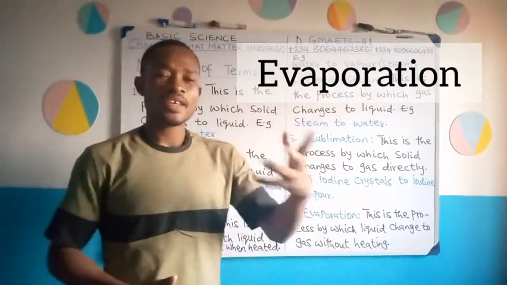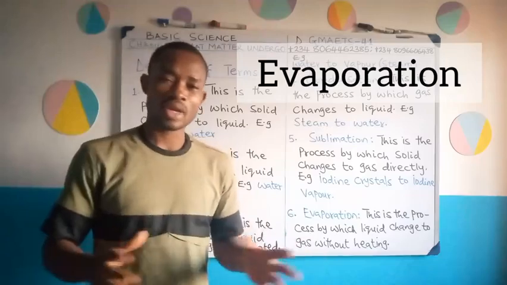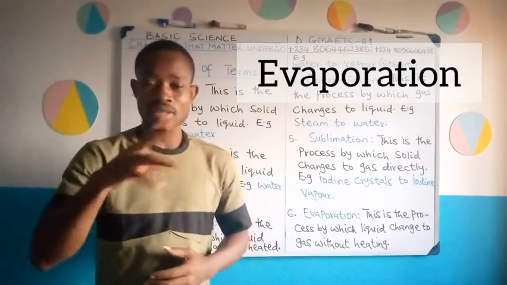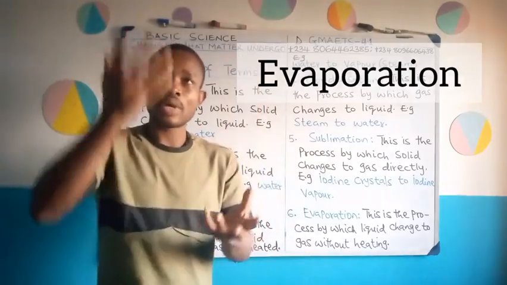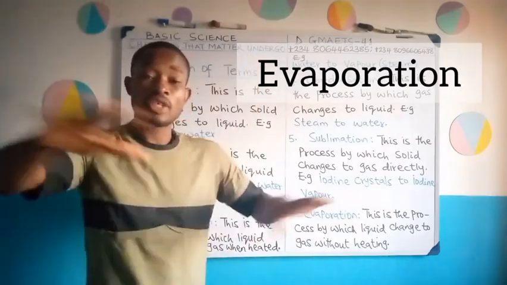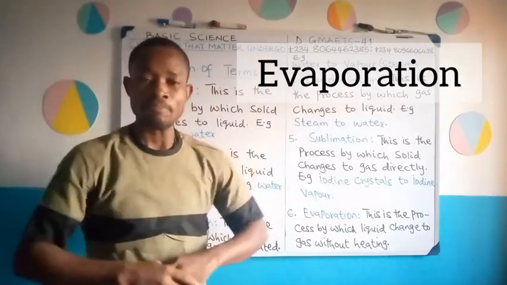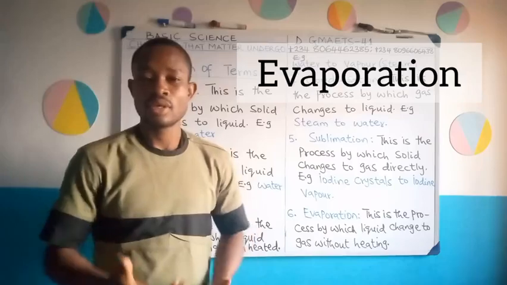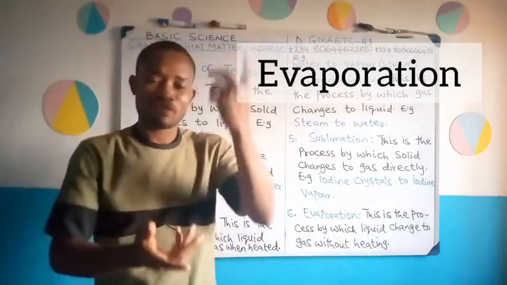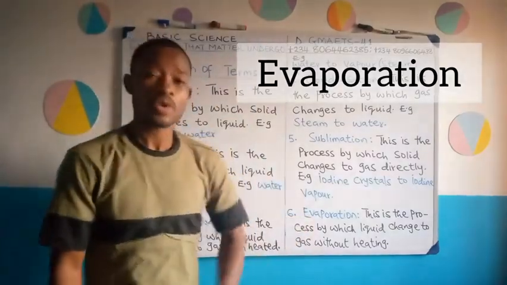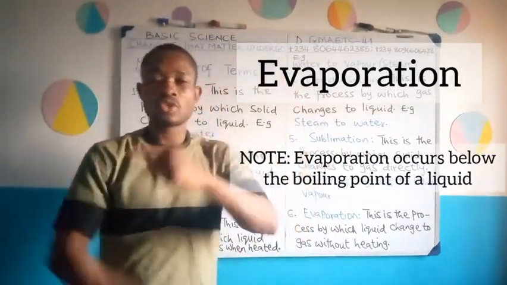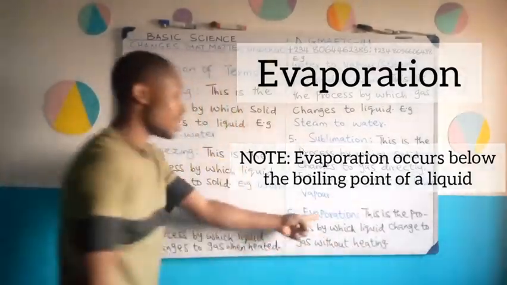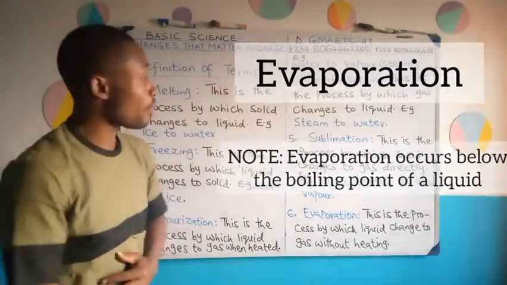No. Again, if you go to a stream or a river very early in the morning, you would also see what I just explained. You see vapor going up from the surface of the river, of the stream. Now nothing is heating that water, nothing is hitting it. But you could see vapor going off. That process is called evaporation. Liquid changing to vapor without heating. So you can see that without what? Heating. That's the difference between evaporation and vaporization.